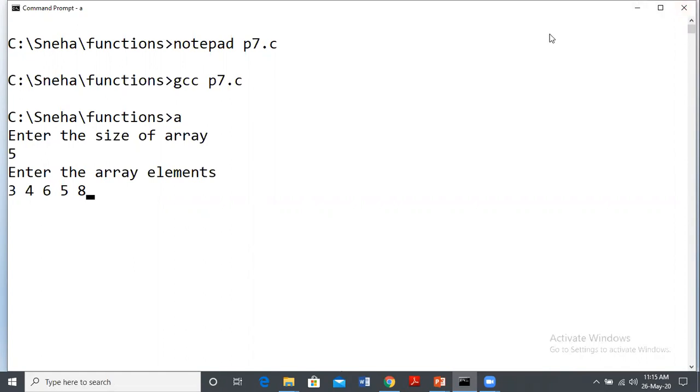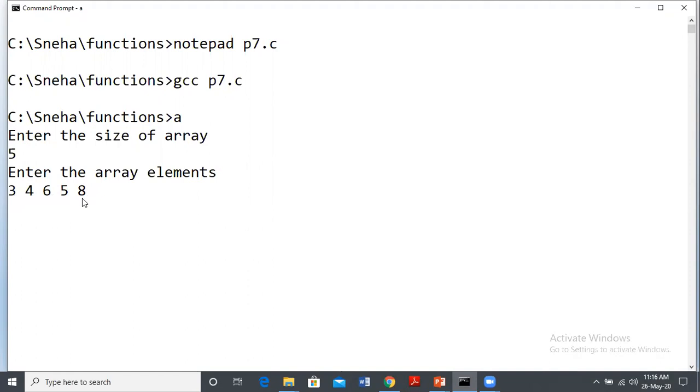Now if we analyze, a of 3 is prime, so it remains. a of 4 is non-prime, it is divisible by 2, right? So it becomes 0. a of 2 is 6, this is also non-prime, so it changes to 0. a of 3 is 5, this is a prime number, it remains. a of 4 is 8, it is non-prime, it gets changed to 0. So after we give this, only 2 elements are left, 3 and 5. So the array changes to 3, 0, 0, 5, 0.